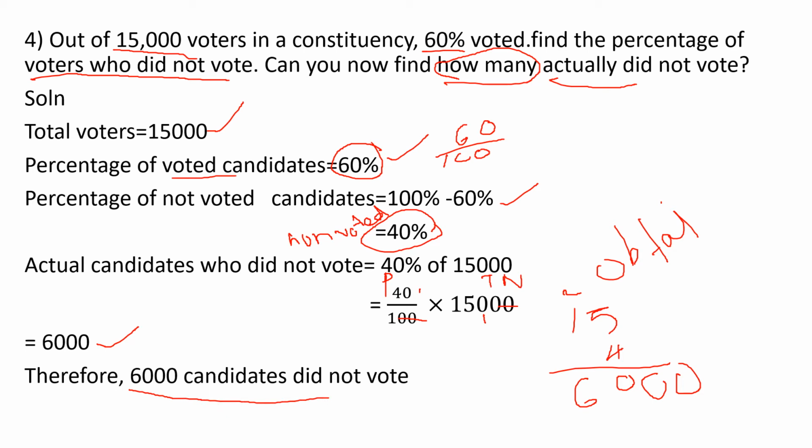Okay, is it clear now? So read the question, write down the steps and do the calculation. First, you write the total amount. Next, what is the percentage given? Voted 60. Next, it is easy to find the percentage of people who did not vote: 100 minus the given percentage. You are getting 40. Now, 40 percent of what is the total amount? 15,000, right? The percentage and total amount are given, so it is easy to find the obtained value. Just do the calculation and find the obtained value. Okay, children. Next one.